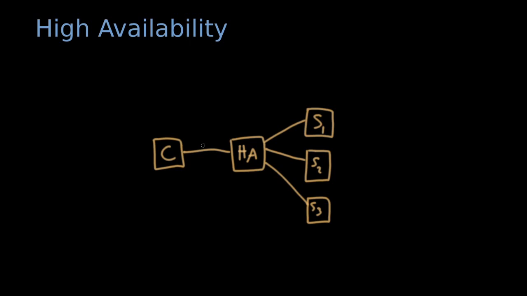If, however, one of the servers is down, the following will happen. First, the high availability component will get the request. It will send it on to the first server, but then time goes by, and the high availability component uses a clock to measure the time. If a certain deadline is passed, the high availability component will give up on server 1 and send it to server 2 instead. Server 2 then takes the request, processes it, returns back, and the high availability component can answer